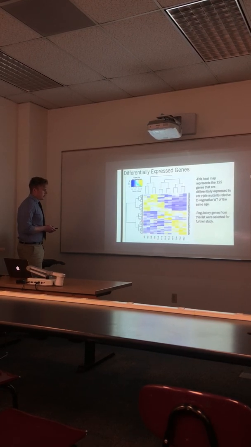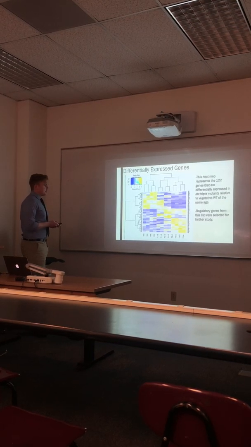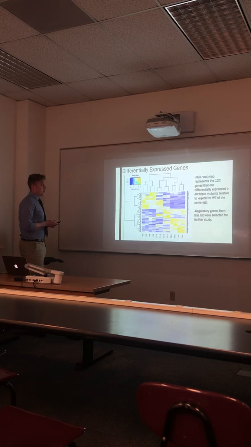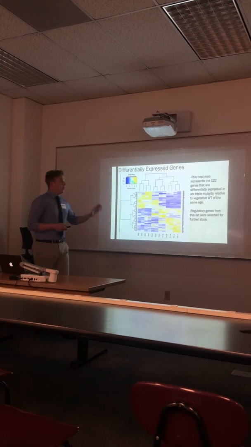So when wild type has low expression, the triple mutants have high expression, shown here in yellow. And inversely, when the wild type has really high expression, the triple mutants have low expression, shown in blue. So there's an inverse relationship between their expression values. From this list of